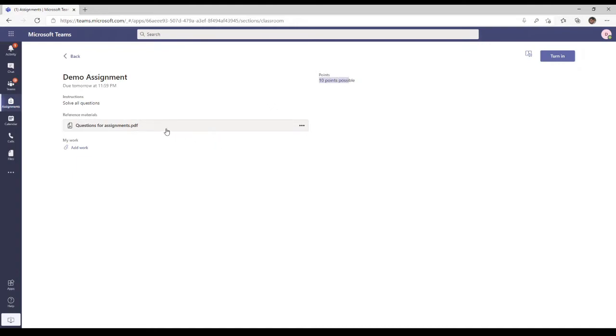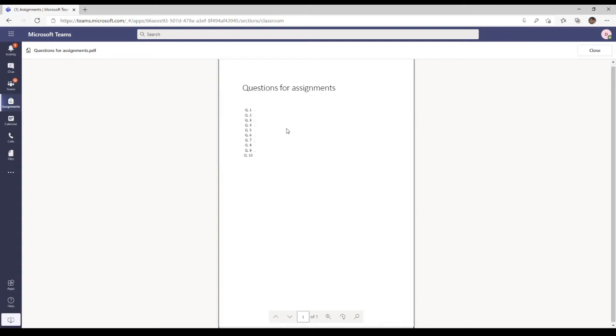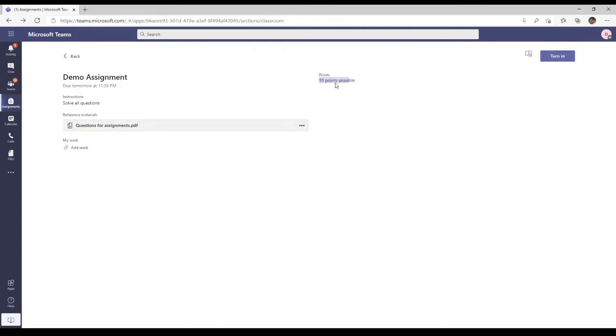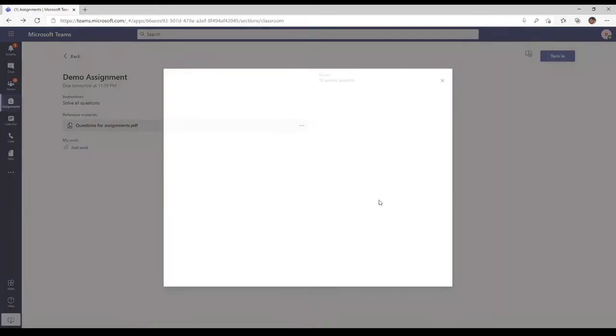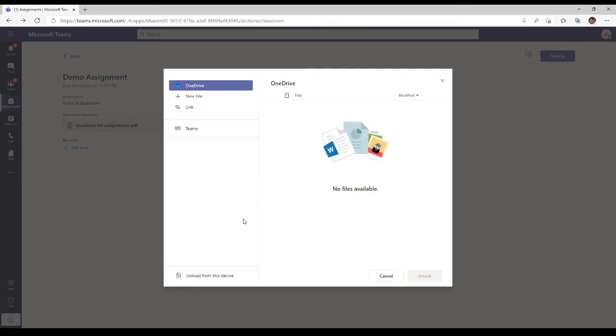Let us try to read what questions are given as an assignment. So faculty may give you some questions or numericals to solve on paper. After solving the questions on paper in your notebook, you are going to upload your work. You can see an icon over here, my work. So click on this button, add work. This will open up a new window, and here we are going to browse for a file. How will that file look? Let us try to see that file.